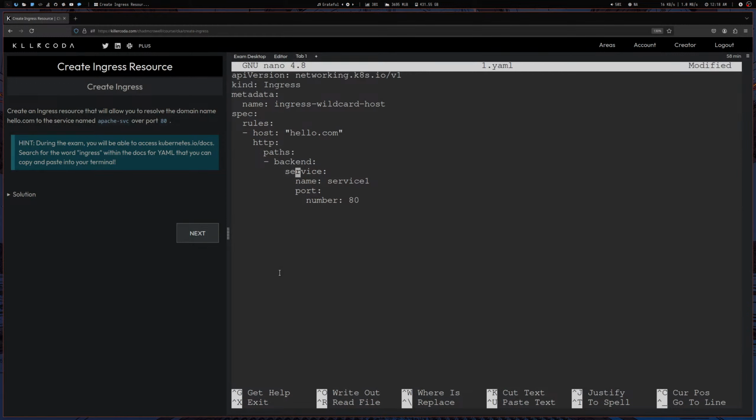Yeah. Service name. What service is it? Apache service. Let me explain what's happening here. We are creating an ingress. Let's name it ingress Apache. So the rule we're giving is when something is coming over hello.com,